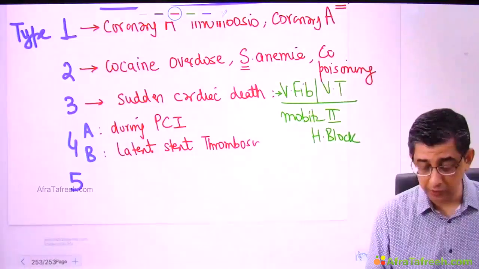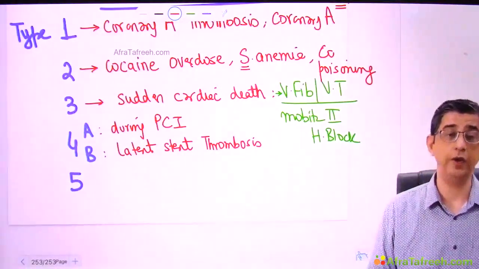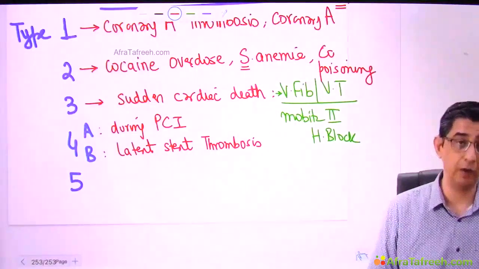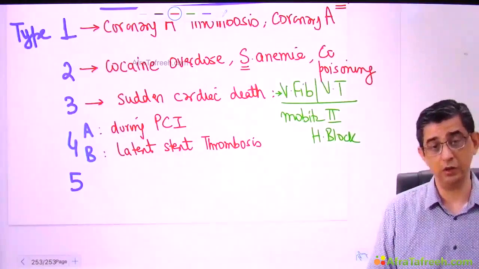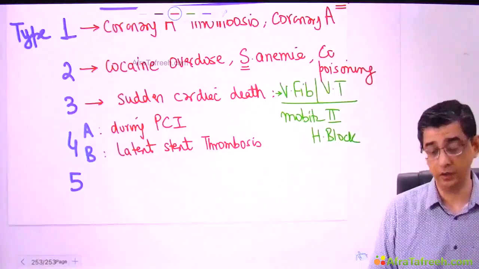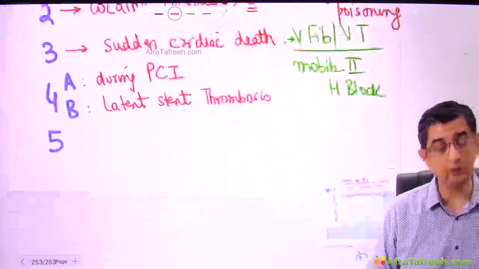So you have relatives telling you that, sir, my father had a stent put in his coronary artery 20 years ago, and today he has developed an MI. The possible reason could be the stent, which was present in the body for such a long duration, that ultimately resulted in thrombus formation and could contribute to mortality in the patient. That is late stent thrombosis.